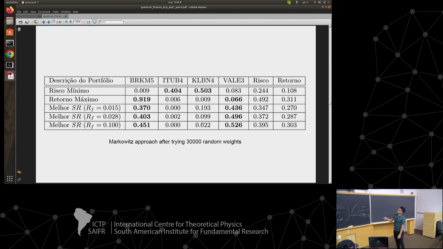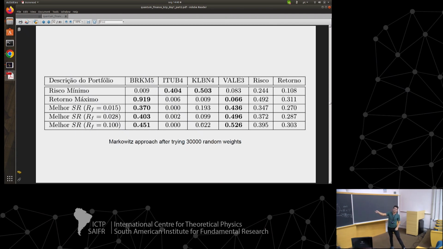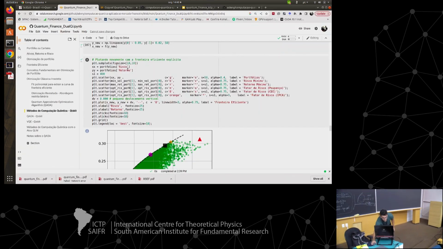So we are testing those scenarios here. In our case, we are testing specifically this one. What we were expecting is this. The classical solution is this: most of my stocks, 40% of my money in this stock and the rest in this stock, and this is almost zero. So the kind of ground state that I was looking for is 1, 0, 0, 1, right? This stock, not this stock, not this stock, and this stock, right? So now I can go back and see what solution we get.